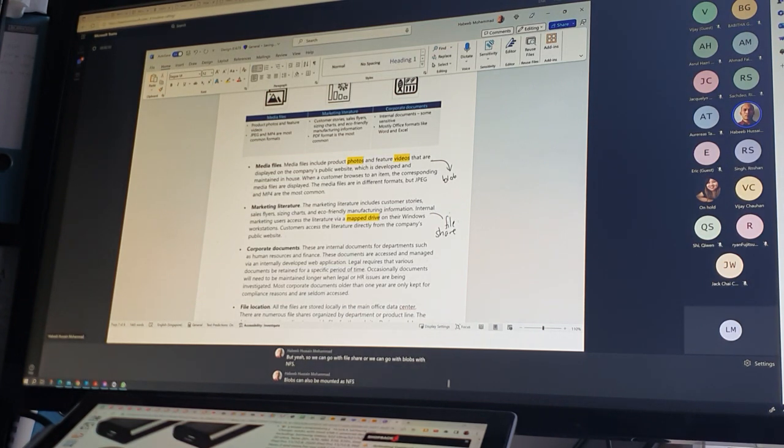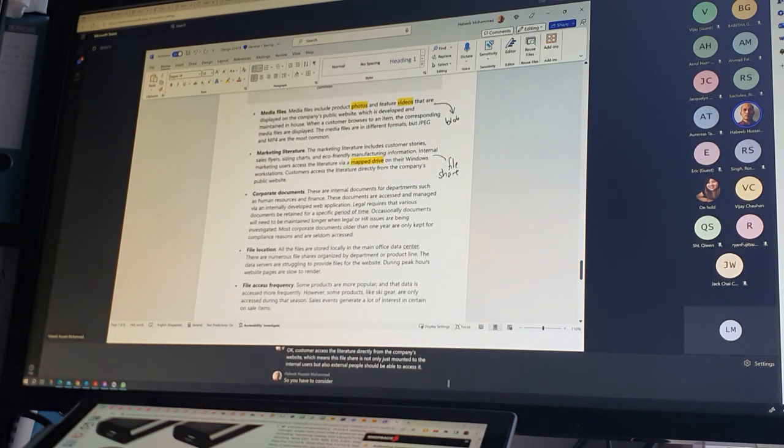Okay, but file share primarily, because it also has a feature called file sync, which will help me improve the performance. Okay. Customers access the literature directly from the company's website, which means this file share is not only mounted to the internal users, but also external people should be able to access it. So you have to consider that. Then we are talking about,